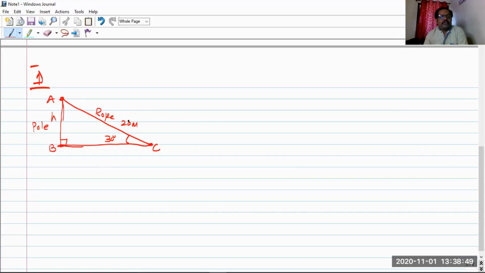So in terms of the sides of the right angle triangle, you are given theta, which is an acute angle of the right angle triangle. You are given the hypotenuse, and you need to find the height of the triangle. Or in terms of this angle, you are given the hypotenuse and you need to find the opposite side. To decide which ratio is to be used here, we first need to see what you are given and what we need to find, those two sides. So here you are given the hypotenuse and we need to find the opposite side of this angle 30 degree.